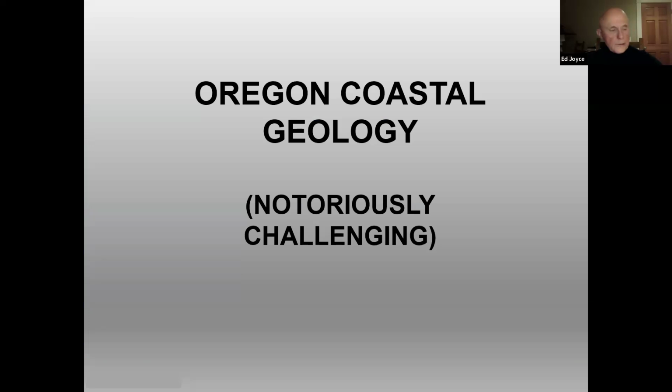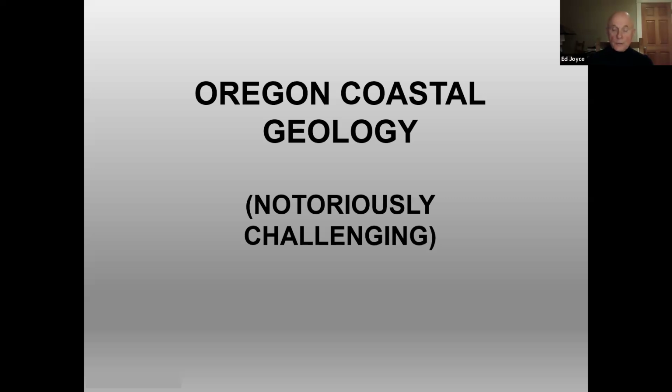Okay, Oregon coastal geology is notoriously challenging. And rather than getting into the nuts and bolts of every little fault and fold and the rock sequences, I thought I would just present the big picture here. And you can come to Astoria and take my geology class, and we go into this in a lot more detail. But I just want to paint a broad picture of what's happening out there and why Oregon coastal geology